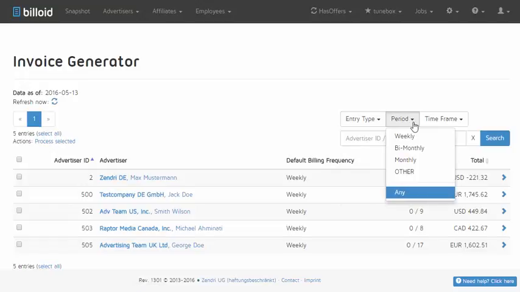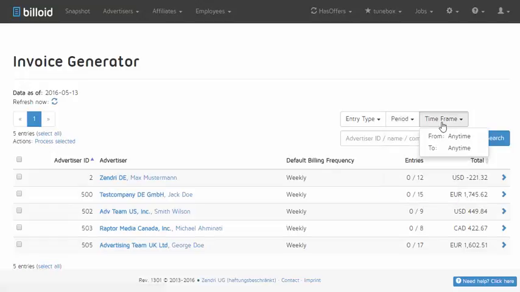Then you have the period, which refers to the default billing frequency. So in case you only want to see your weekly advertisers, you can filter by weekly. Same as for bi-monthly, monthly, or other billing frequencies. And of course the self-explaining time frame filter, where you can do the from and to filtering, referring to the